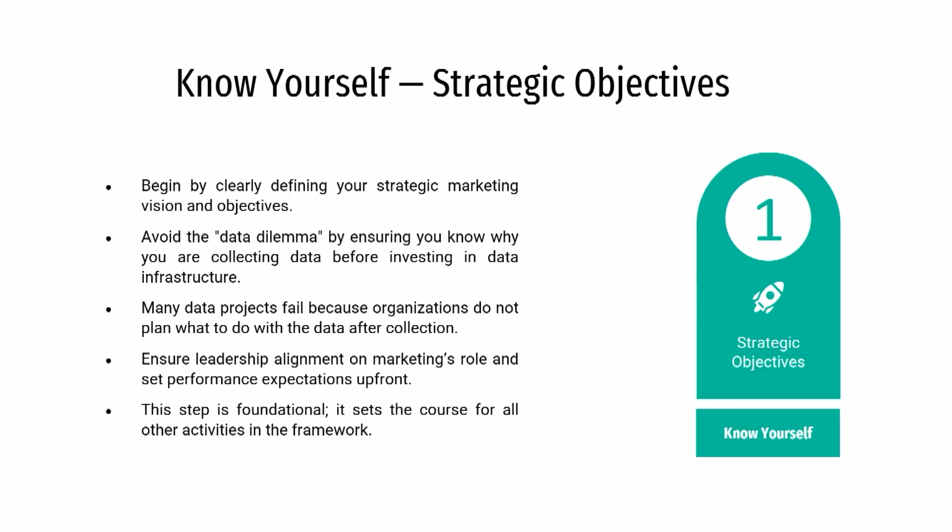The first component is the strategic objectives. Begin by clearly defining your strategic marketing vision and objectives. In the marketing strategy, there is a vision, there is a mission. So, you have to begin by clearly defining this vision and the objectives. Next, you have to avoid the data dilemma by ensuring you know